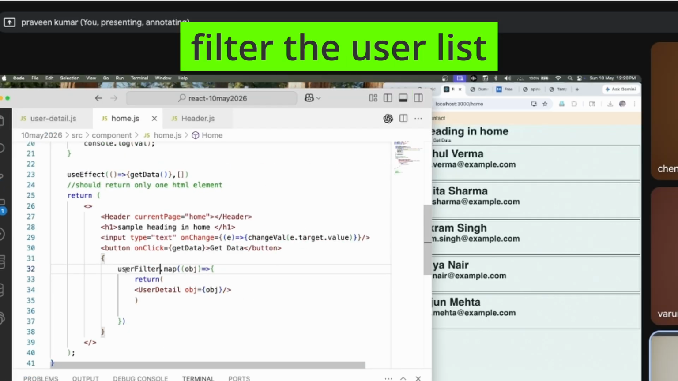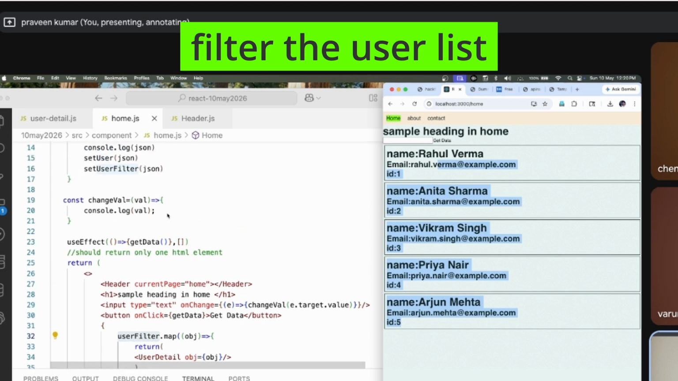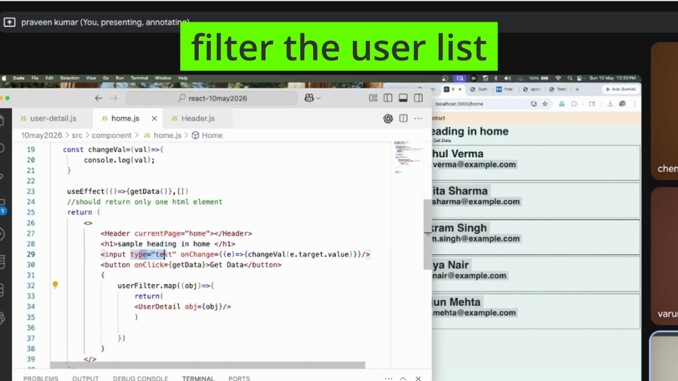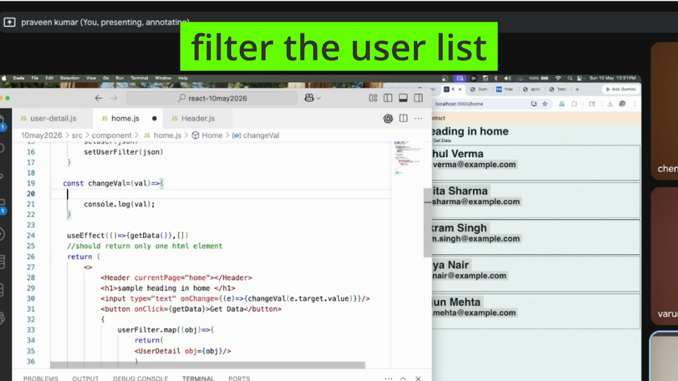Yeah, this user filter now has all the data, which is fine. But now what I'm saying is, whenever anything changes in the text box, I want to call this function called changeVal, and immediately I want to filter my user list, which is user